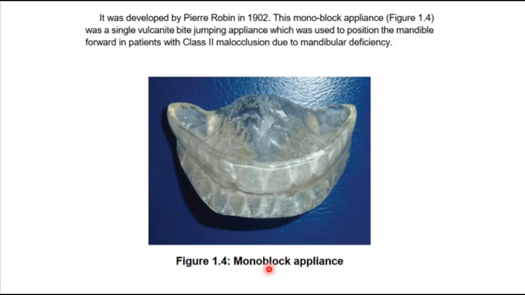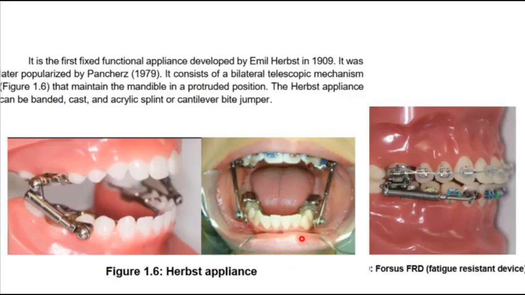Monoblock appliances were originally given prior to all the appliances that we have spoken about before. It was developed by Pierre Robin in 1902, in the syndromic cases named after him, which is Pierre Robin syndrome, where you can see a particularly retruded mandible. This monoblock appliance was originally made of vulcanite, as a bite-jumping appliance. Vulcanite is a hardened rubber. It was particularly used to position the mandible in a forward position in class 2 malocclusion where the mandible